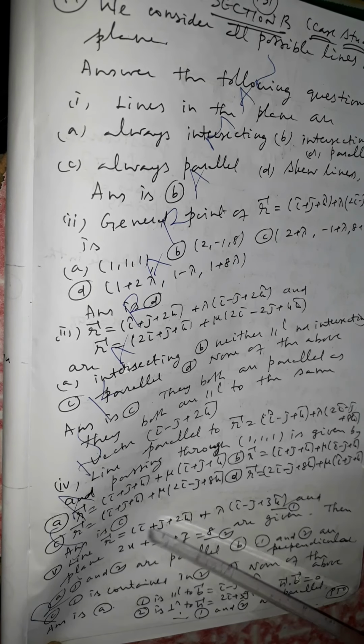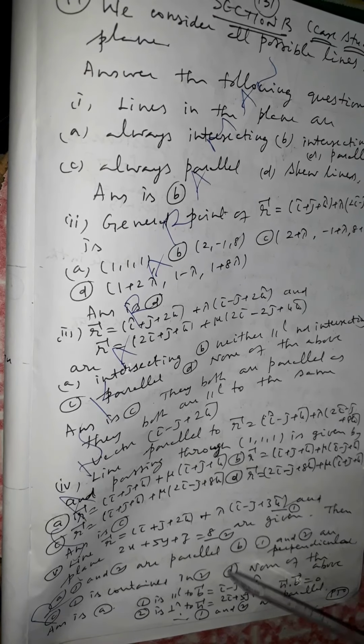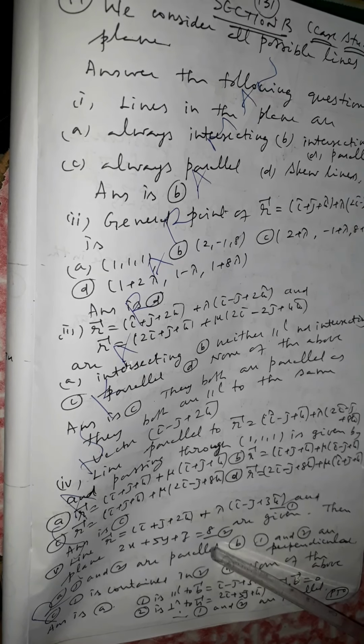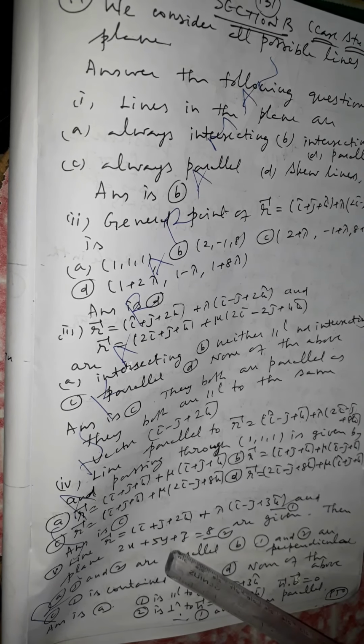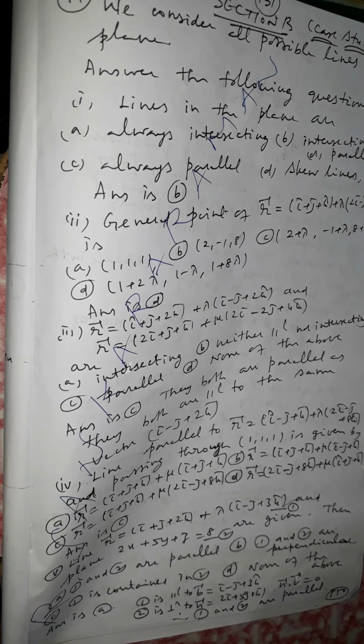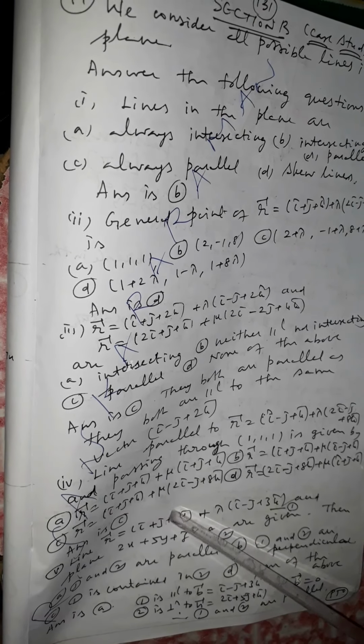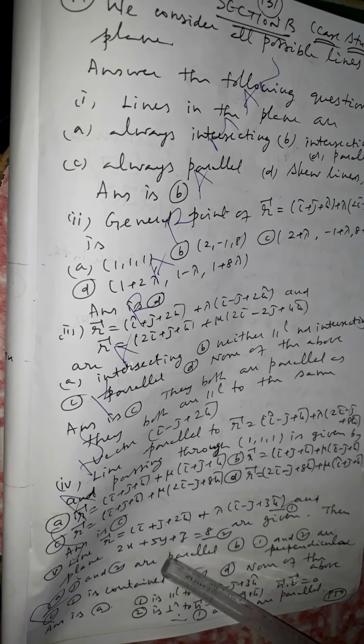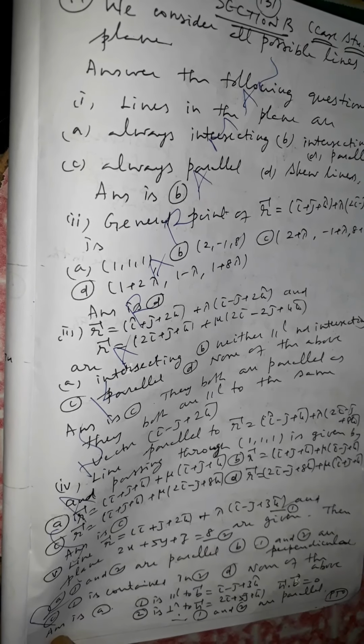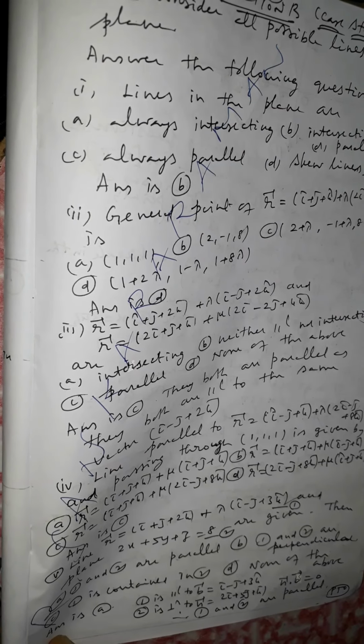It is not contained in that plane, because you can check by substituting 1, 1, 2 in the equation of the plane. The point 1 comma 1 comma 2 will not satisfy the equation of the plane. You can check: 2 plus 5 is 7, 7 plus 2 is 9, it is not 8. Therefore one point which is on the line is not a point in the plane, so it is not contained in the plane. Obviously the line is parallel to the plane.